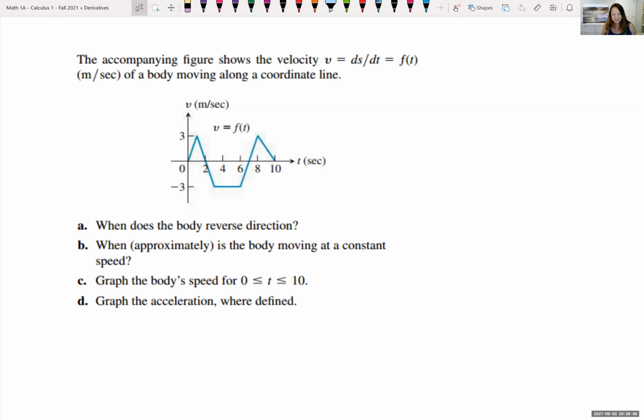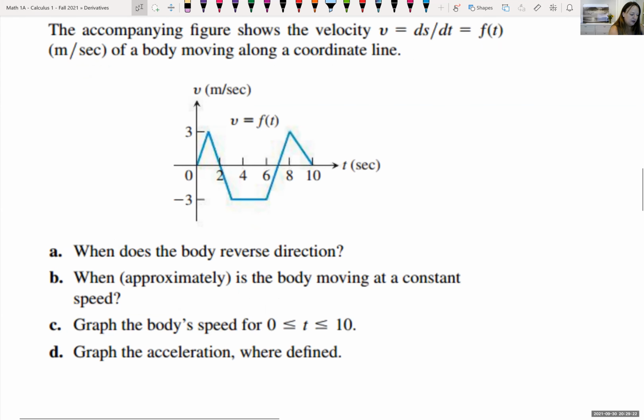Now you should be able to see this figure in front of you. And again, this is our velocity function. And so this is giving us the slope of our position function. And it's given us that our velocity function is in meters per second of a body moving along a coordinate line. Okay, so let's just talk about this a little bit, and then we'll answer the questions that it's